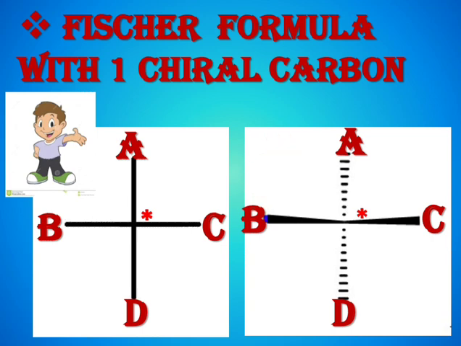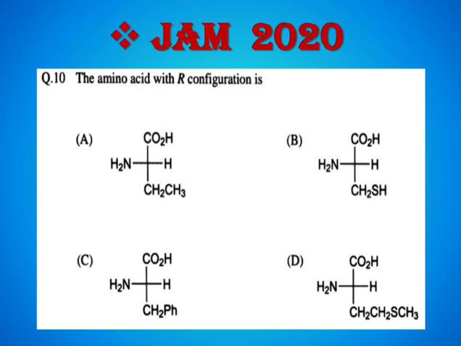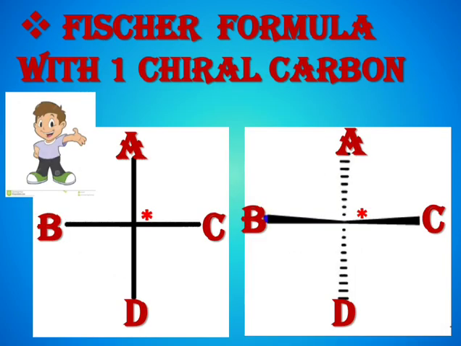So how do we understand this concept in a much better manner? Let us see this boy who is standing here with his hands pointing towards you. Accordingly, his head and legs are pointing away from you. You can consider his hands as the groups B and C attached to the horizontal, and his head and the leg as the groups A and D, which are attached on the vertical.